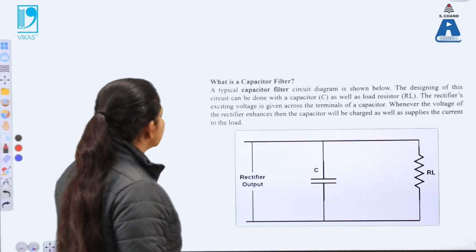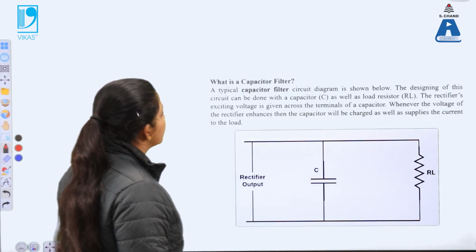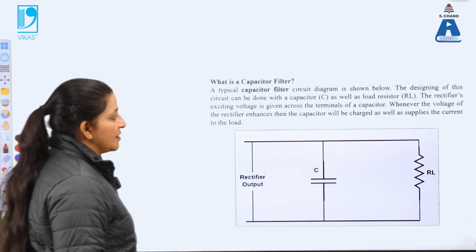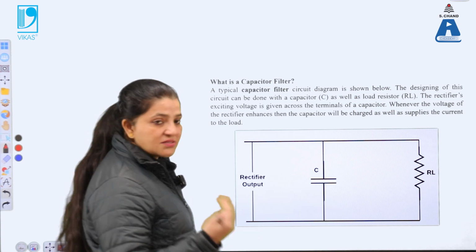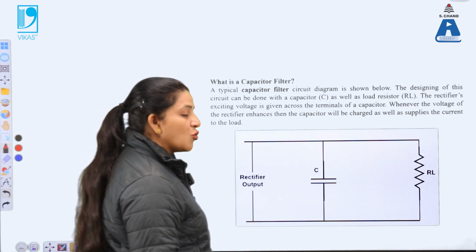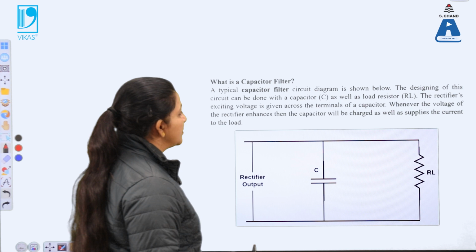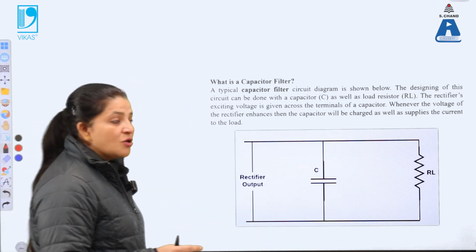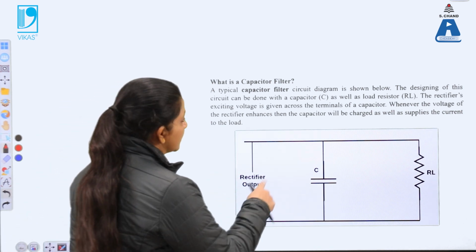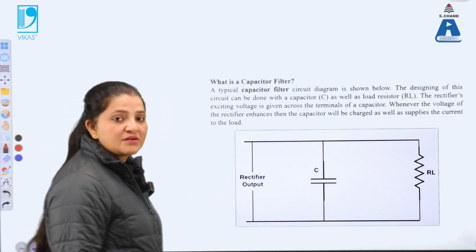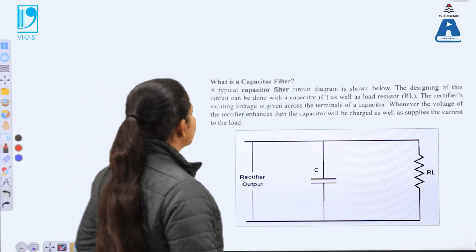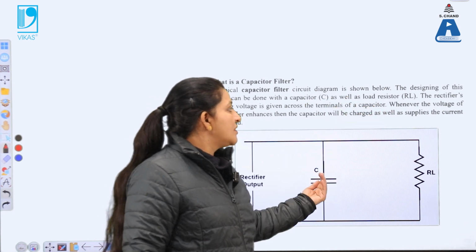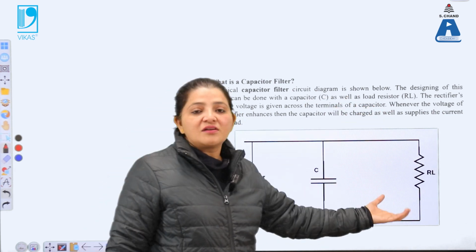Among these applications, one is using this in the capacitor filter. So what is the meaning of capacitor filter? In the capacitor filter, in order to get an enhanced output, the capacitor and the load resistance are connected in series with each other, or they are connected in parallel also. Such a circuit diagram is known as a capacitor filter circuit. The capacitor filter circuit is a designed circuit in which the capacitor and the load resistance are connected with each other.